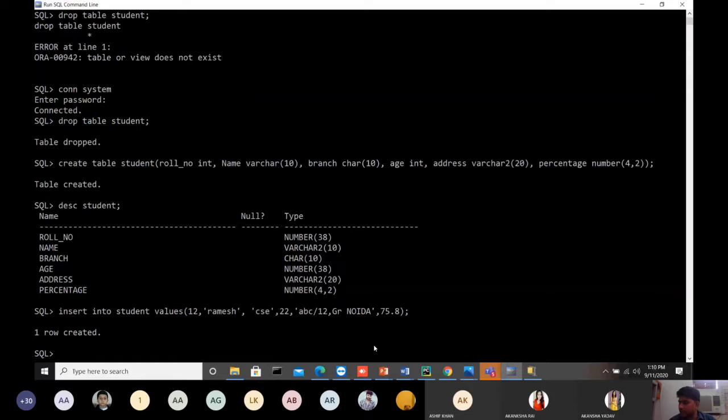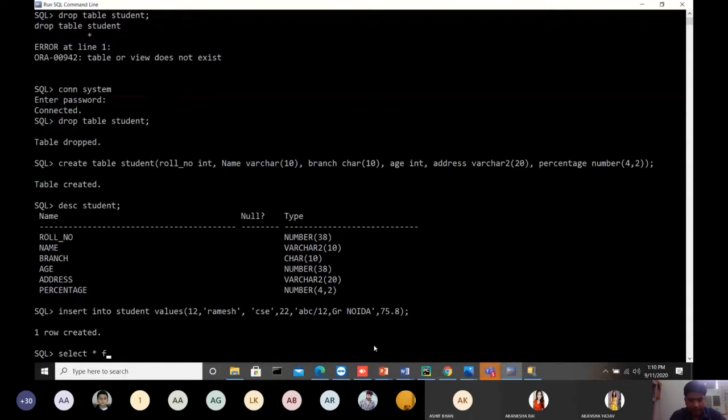Once your row is created, you can see what the value in the table is. So you want to retrieve the information from the table, that means all the information we have inserted into the table. There is a keyword that we have already discussed, that is select. Select is a statement that will retrieve the information. And now what we want to extract is all the information. All is represented by the star. Star is used for all values, right?